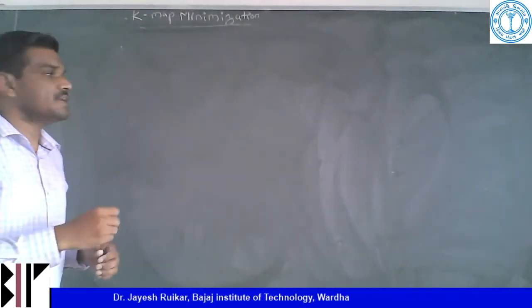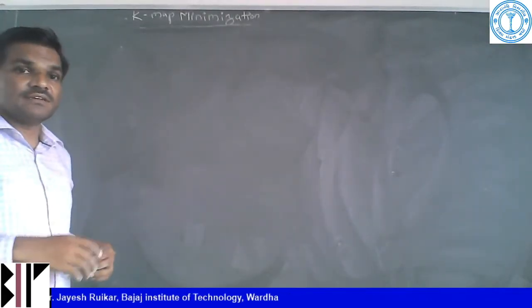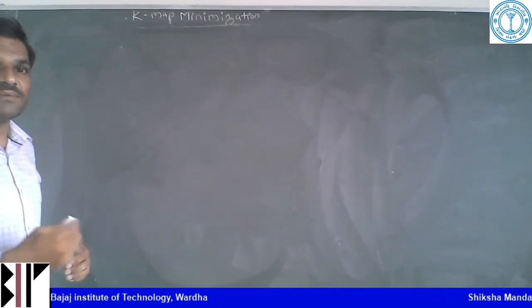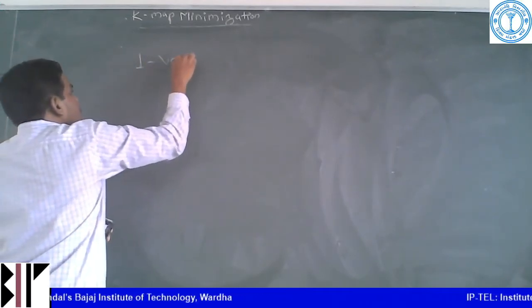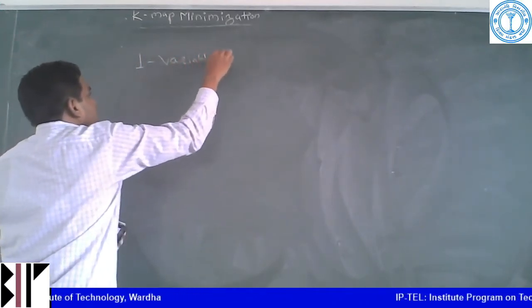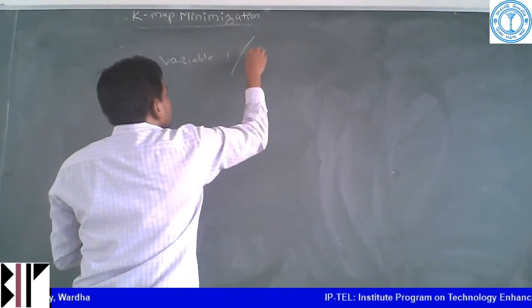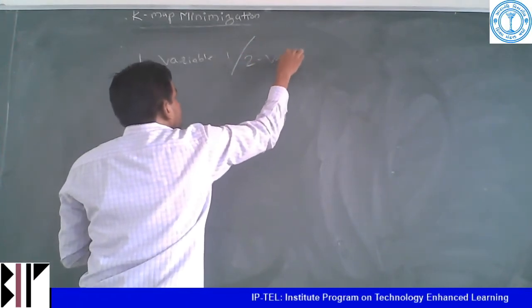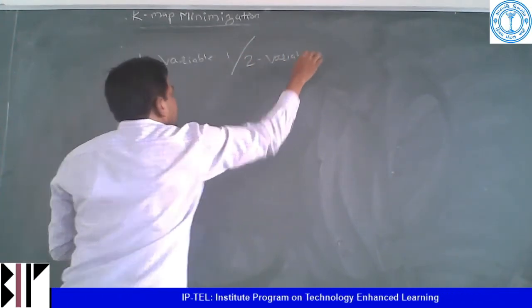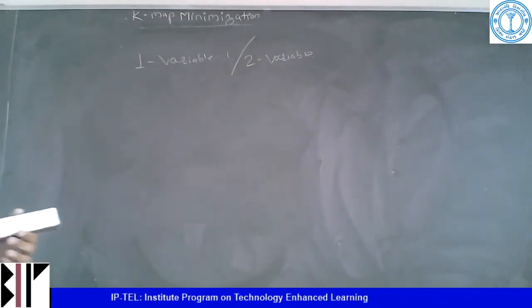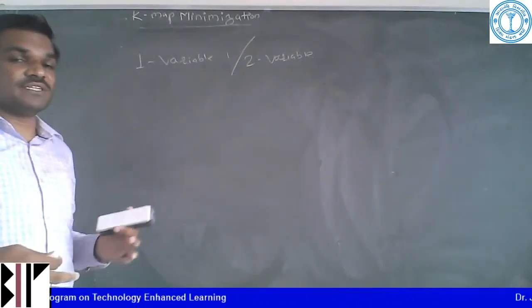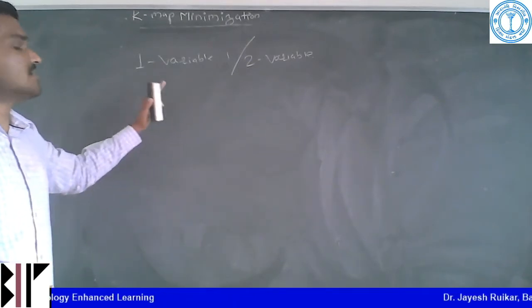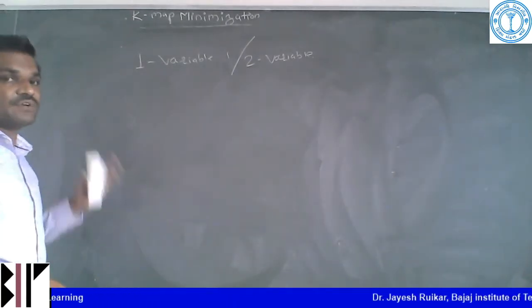So now I'm explaining to you about the variables: one variable, two variable, three variable, four variable K maps, how they are represented. Before starting, I will explain one variable K map, and then two variable K map. Generally, one variable and two variable K maps are not even asked in examination, but to know the simplicity of this representation, I will explain one variable and two variable K maps.